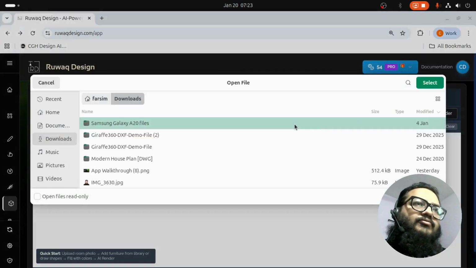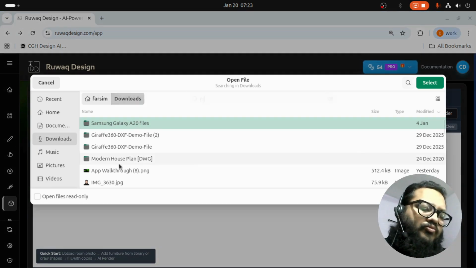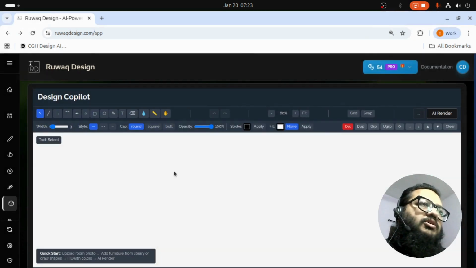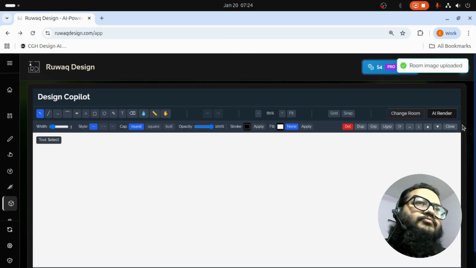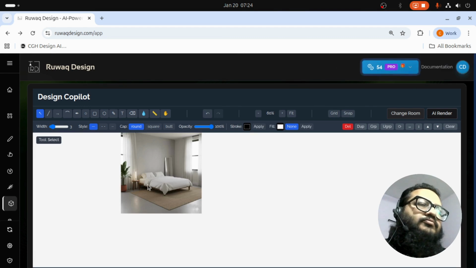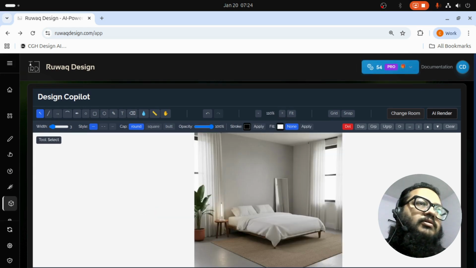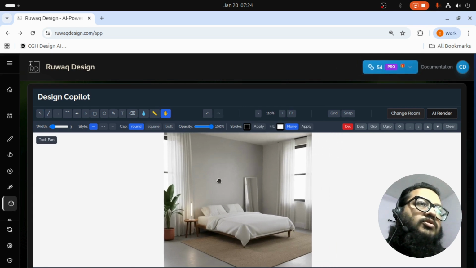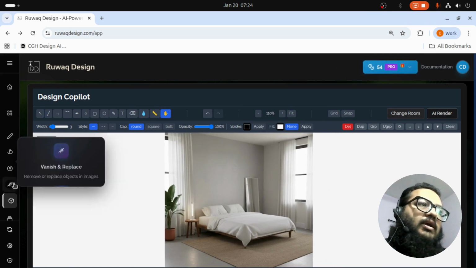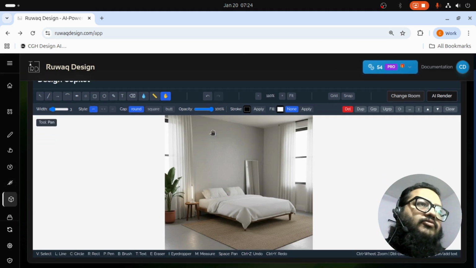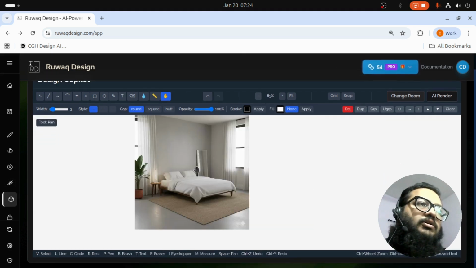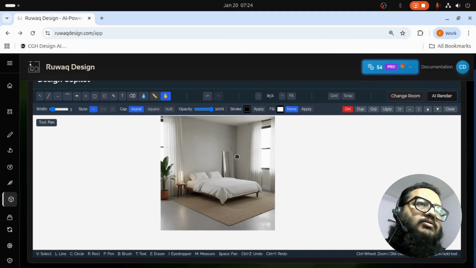You have to upload your room image, and you zoom in. You can move the image with the hand tool,